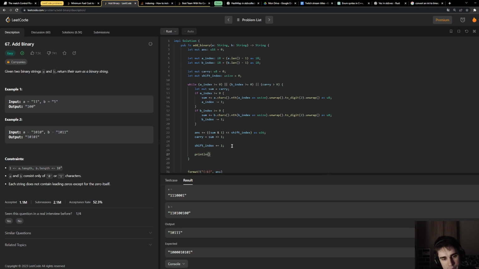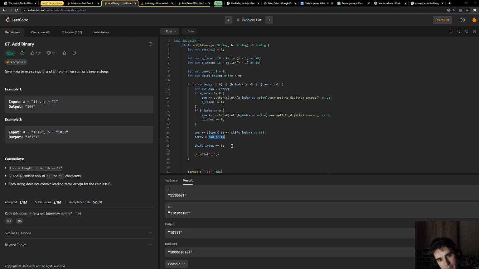Println. Are you accounting for any remaining value in carry? Yes, it's done here and here. So the idea is that at the end of each iteration I get the carry by dividing the sum of all bits by 2.